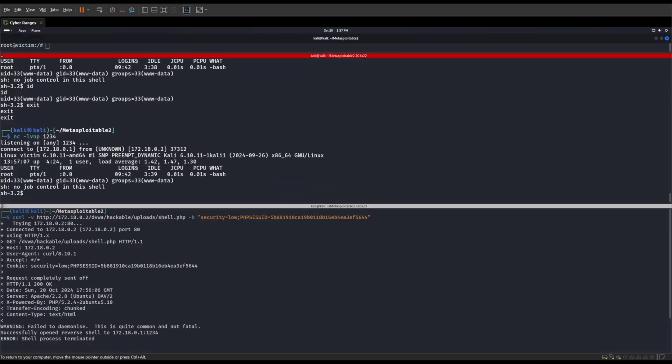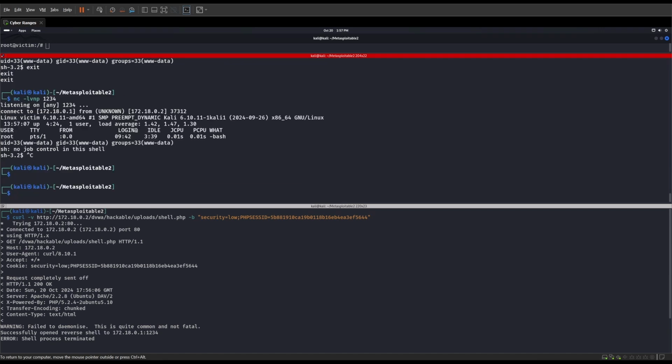Awesome. All right. Now, what if we didn't know that hackable uploads area existed? That's another thing. We may not know that exists. We can use many different tools for that. We can use GoBuster, DirBuster, DirB, FeroxBuster. Let's run FeroxBuster. I like FeroxBuster because it's fast and it automatically does recursion, a recursive lookup, so it'll continue to look at those different directories. And we could try to do this for